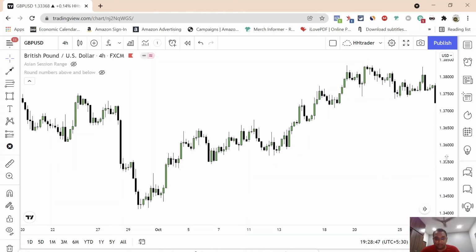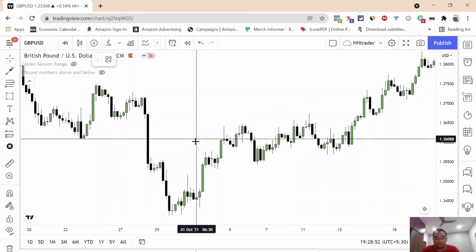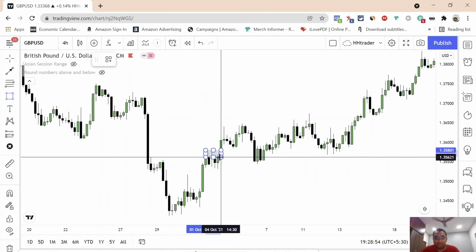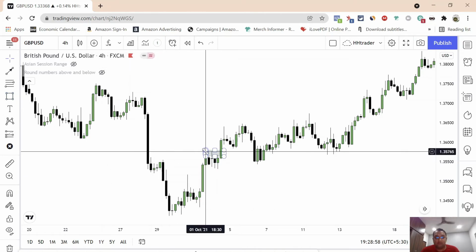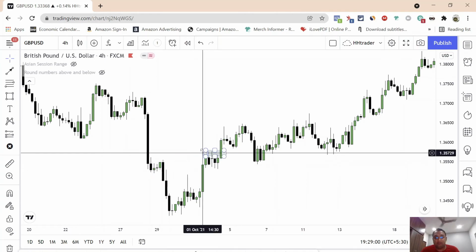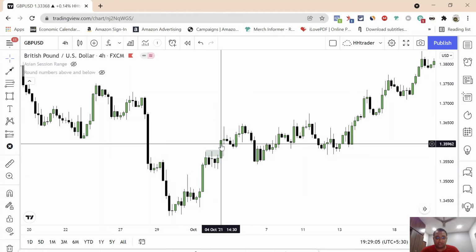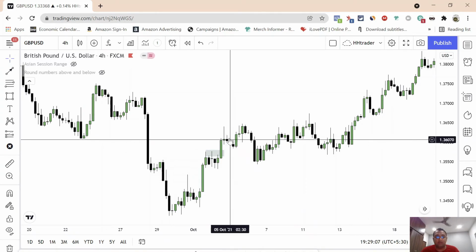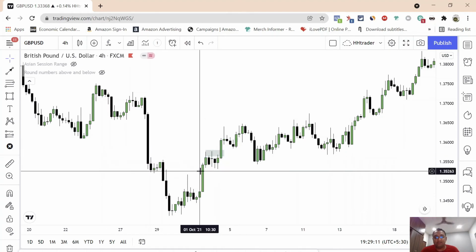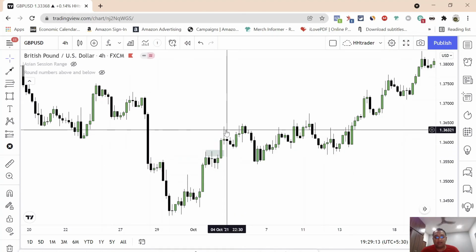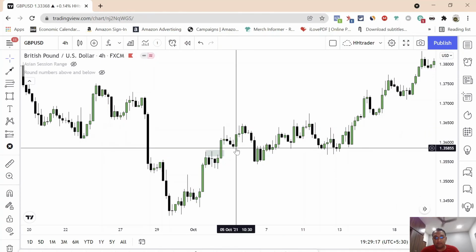So for example, this over here was a higher high, and then price moved lower, and it broke structure and closed with a body above this wick. So that means that this is a higher high, and you can see that price went lower and then came back,